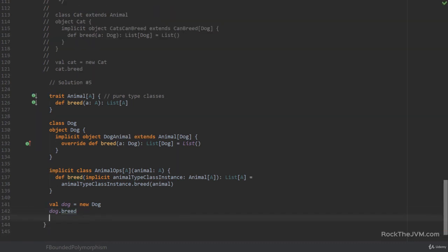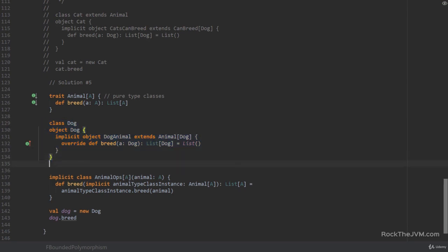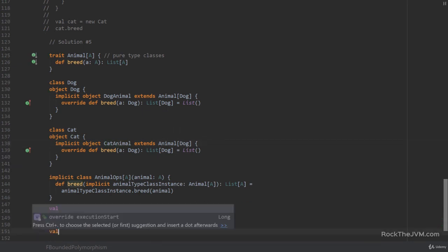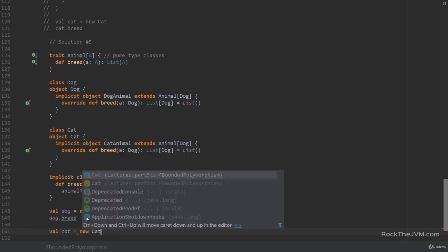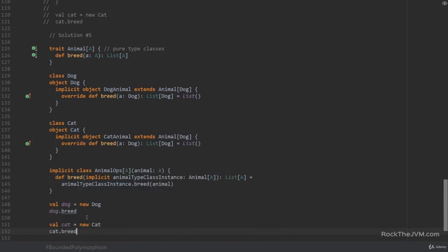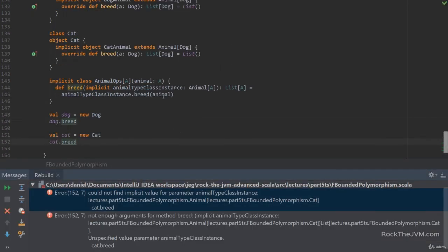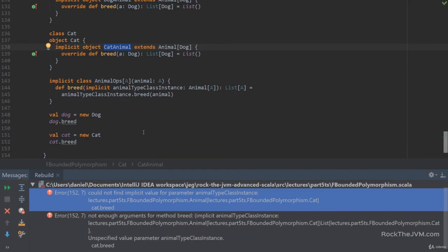Again, if I create a class called Cat and an object called Cat with a wrong implicit value, so if I say class Cat and object Cat with an implicit object called CatAnimal, which by mistake extends Animal[Dog], then if I say val cat = new Cat, and I attempt to say cat.breed, the compiler will fail to find the right implicit argument, because the CatAnimal here, the implicit object, extends the wrong type. So the compiler is able to catch that for me before I actually run the code.